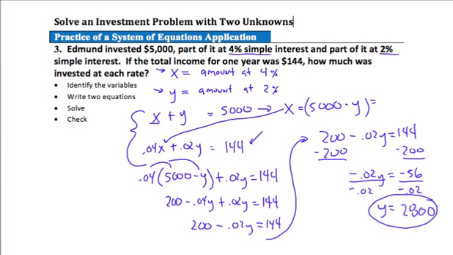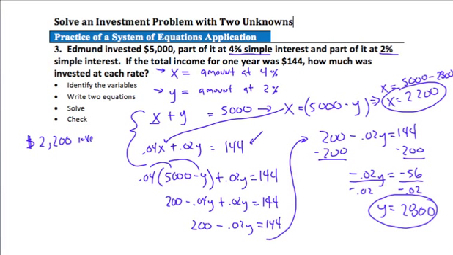So now to find x, we'd come right up here and plug this value in for y. So x is going to equal this 5,000 minus 2,800. When we do that, we get 2,200 for x. Now let's go ahead and answer the question. So it looks like the x amount was 2,200. We want to put a dollar sign here, so we'd say $2,200